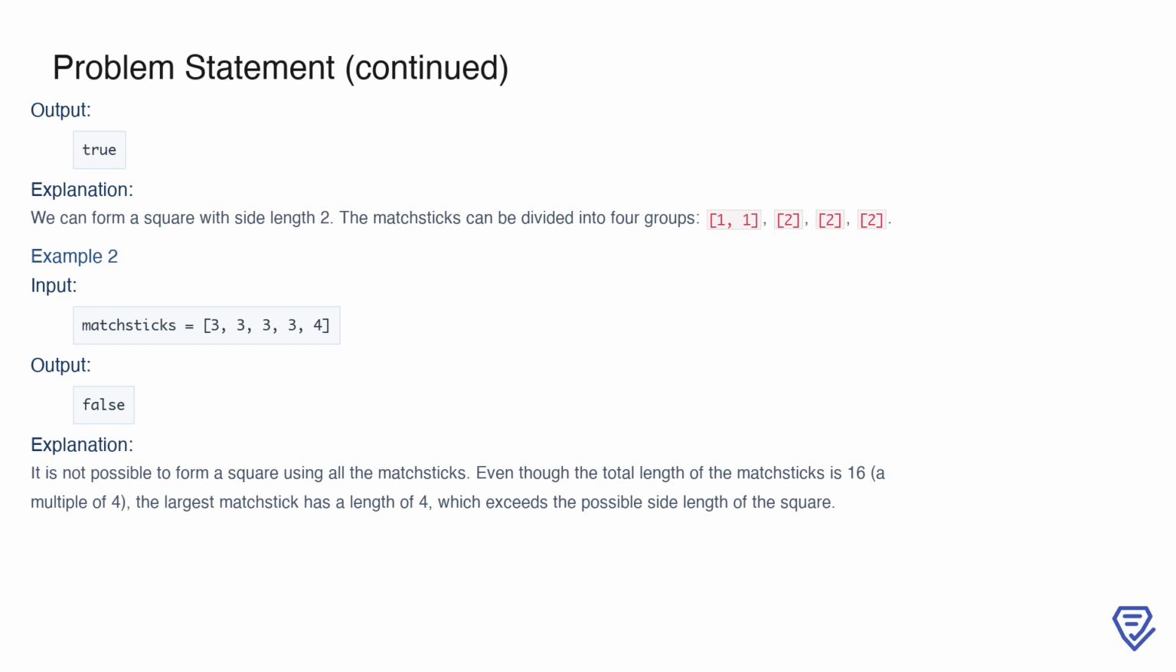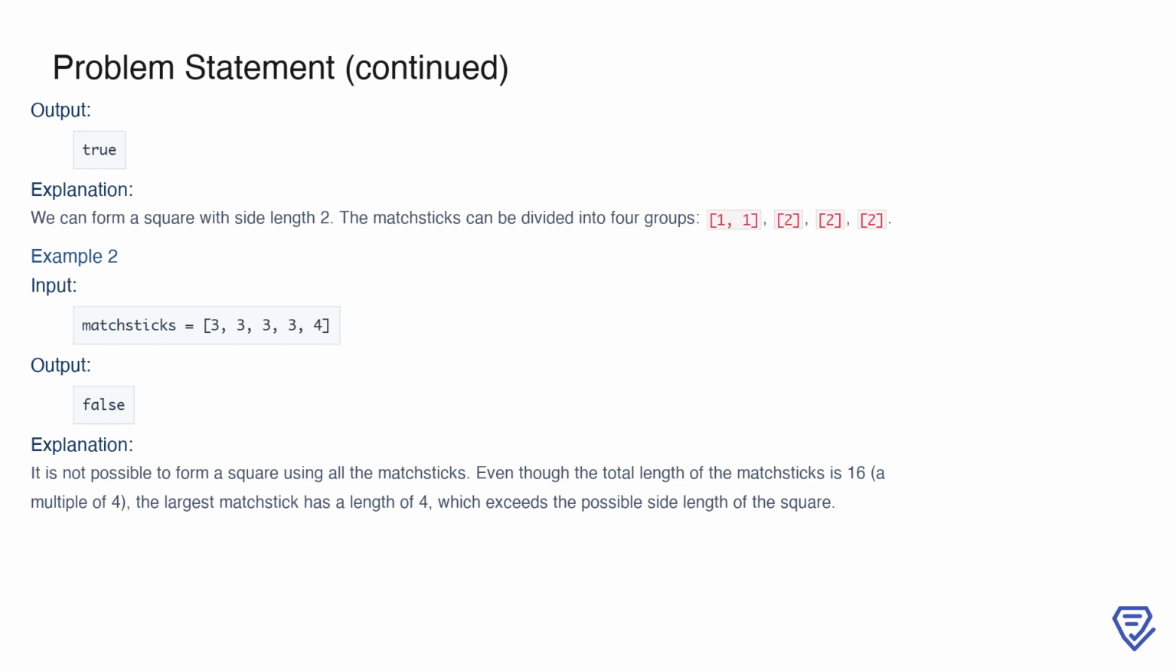On the other hand, consider another example with the input 3, 3, 3, 3, 4. Here, the output is false. While the total length of the matchsticks is 16, which is divisible by 4, the largest matchstick has a length of 4. This exceeds the side length of the square,